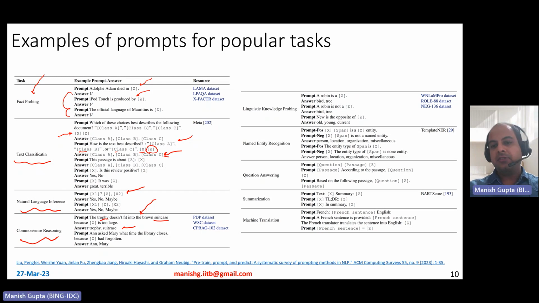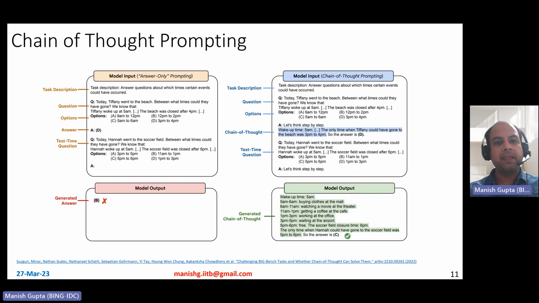And so on. For example, there could be other question answering tasks. So the prompt could be question, passage, and Z, or it could be passage, according to the passage, answer this question, and then come up with the answer. These are more like span kind of answers, which are spans from the given passage. Machine translation prompts, summarization prompts. So these are some popular prompts for popular tasks. There is also a nice prompt data set called P3. So feel free to look up P3. There's a GitHub repo for P3 prompts.